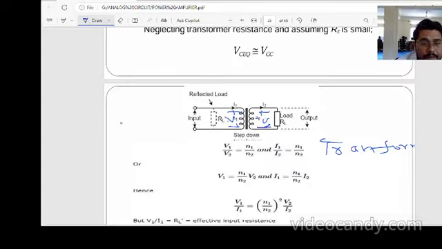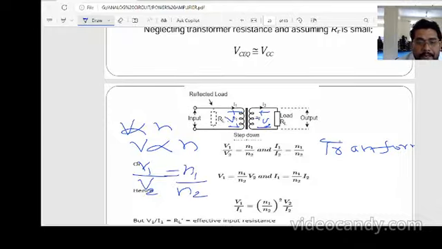So we can see the voltage is directly proportional to N. Suppose that V is proportional to N. V proportional means V1 divided by V2 is equal to N1 divided by